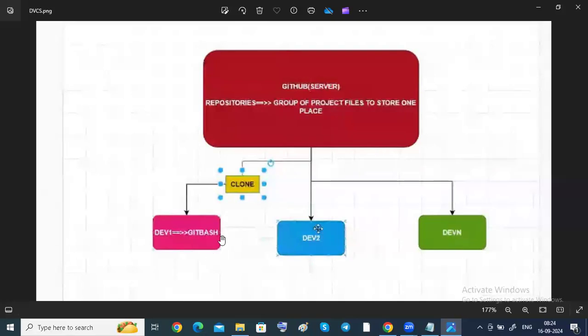In this Git and GitHub, what are we going to do? Locally, the developers put their code on their local laptop, guys. And the other one is GitHub, that is the central repository, guys. What is a repository? I will tell you, don't worry. In that central repository, we are going to store the data.